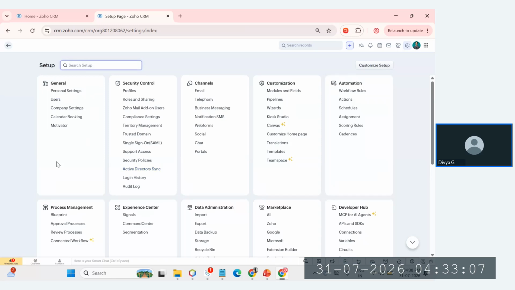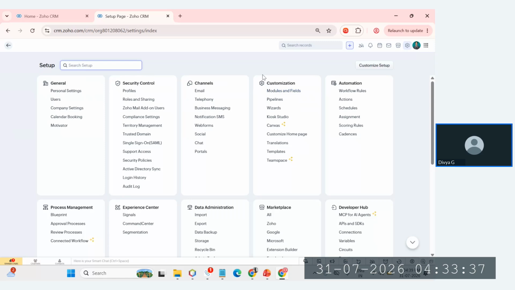Some general setup needs to be done on a new CRM setup, and these are the security controls where you have audit logs, profiles, roles and sharing, everything. And this is channels. It can be email, social media, web forms, SMS, business messaging, telephony, or social chat portals, anything.